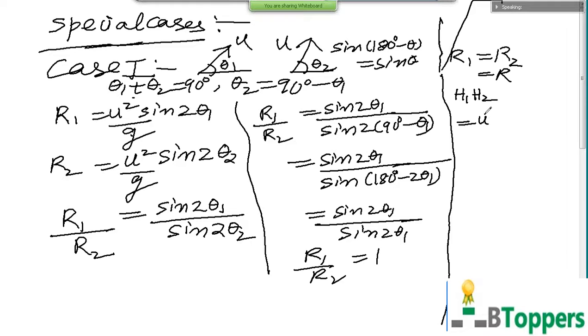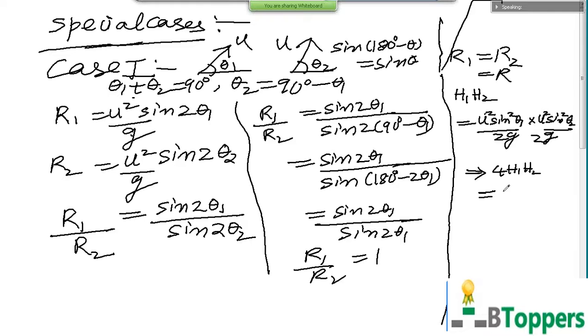So H1 you can write u square sine square theta 1 by 2g. H2 can be written as u square sine square theta 2 by 2g. We can substitute here theta 2 equal to 90 degrees minus theta 1. You can take 1 by 2 into 1 by 2 to the left side. So for H1 H2